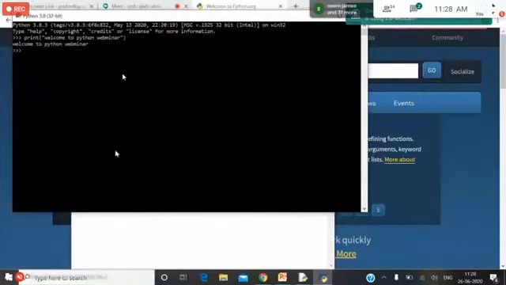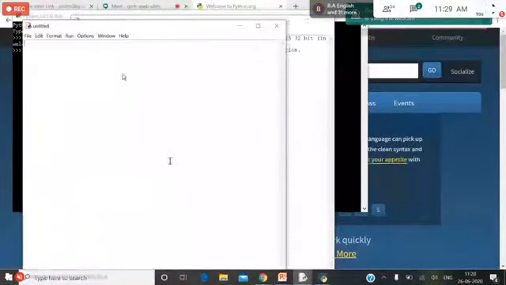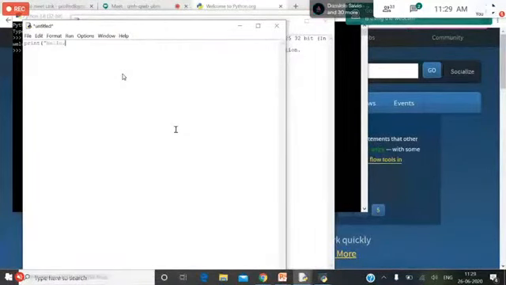Again, if I want to type particular code in the form of a program, and execute it as a separate program, what I have to do is go to the Python shell option, go to the file option, new file option, and I type the same code: print hello world, print good morning.